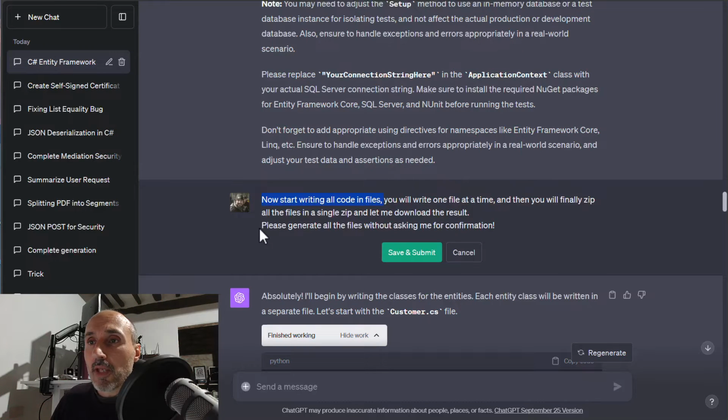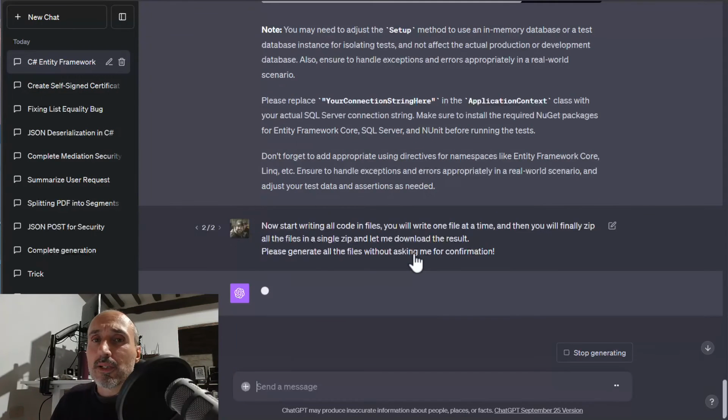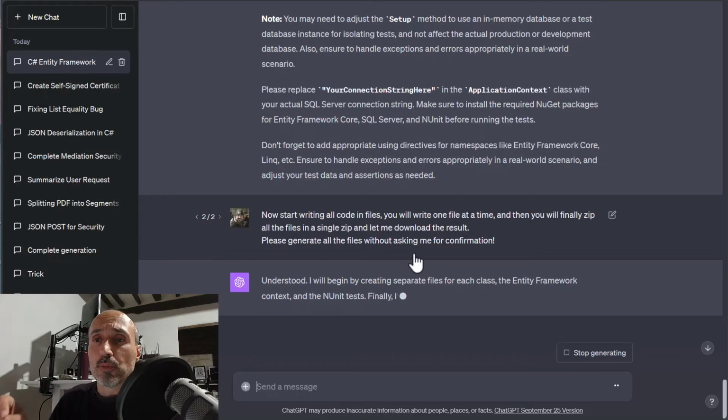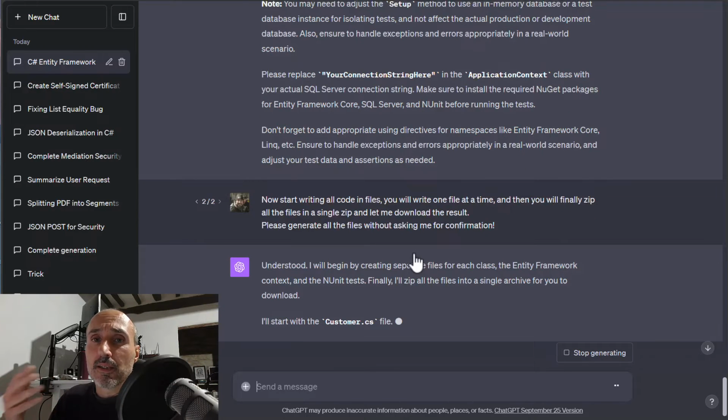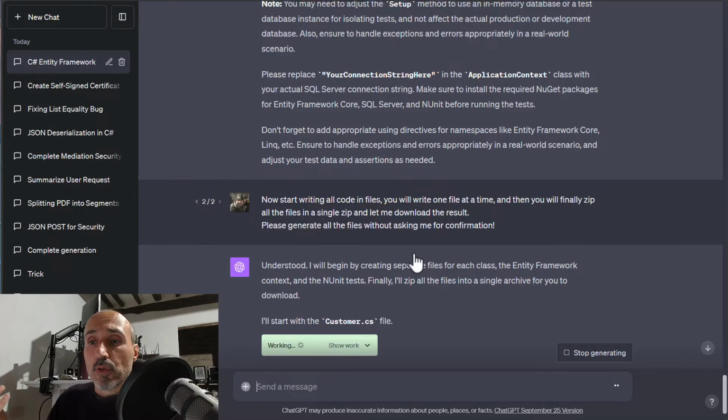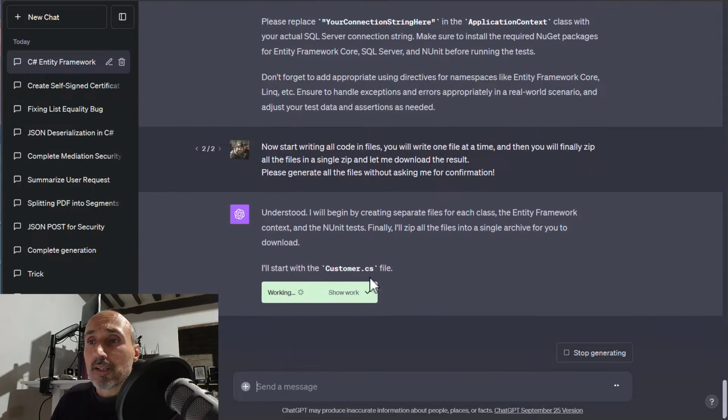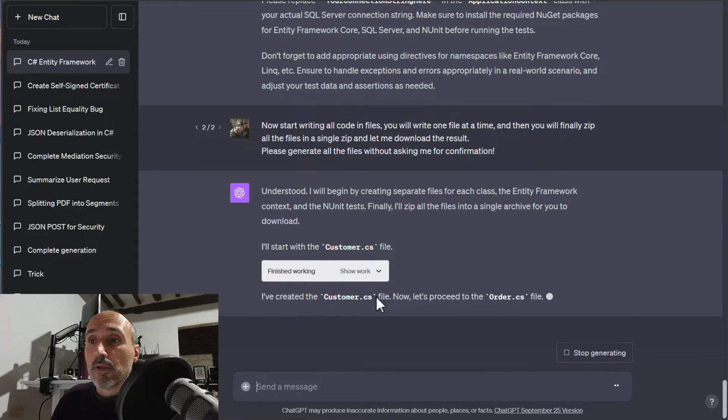So you can say, please generate all the files without asking me for confirmation. And that is usually a nice addition to the prompt because it simply gives it the right to go ahead without asking for your confirmation. So in this situation, it will start with the customer CS file and hopefully it will generate all the files without asking